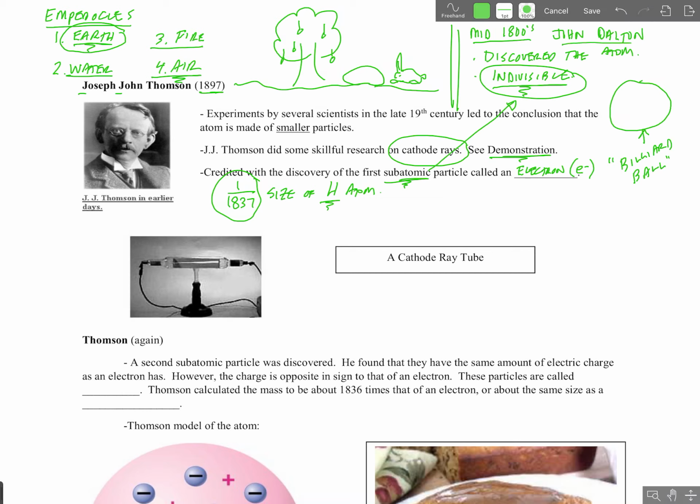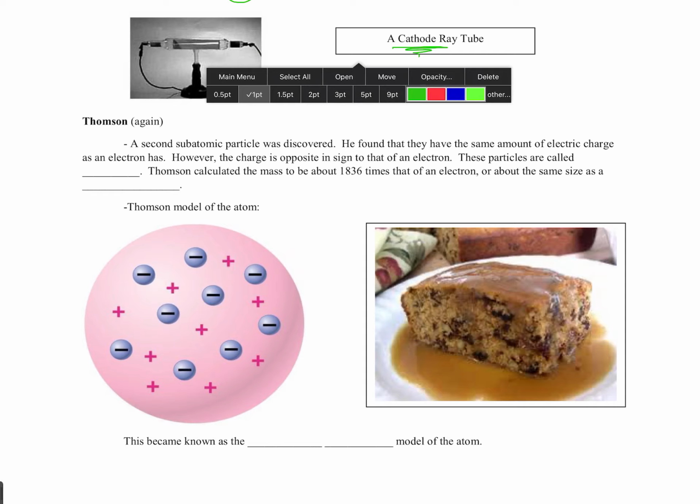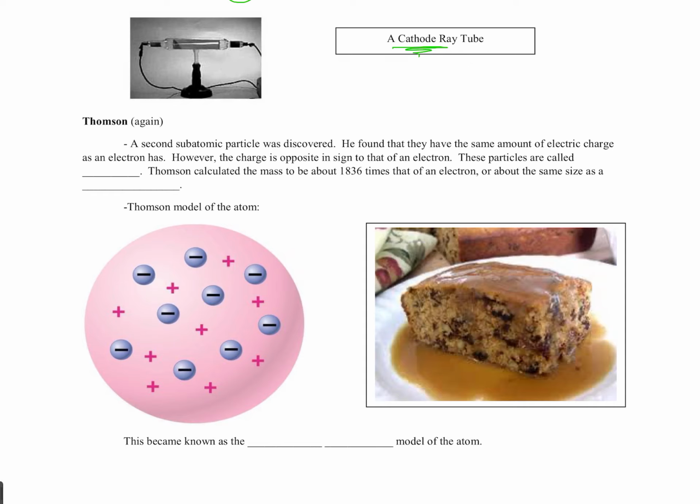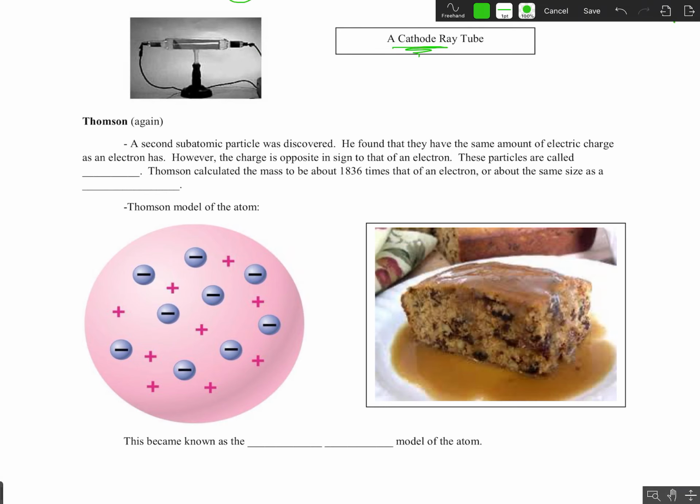So John Dalton's model of the atom was not completely correct. The atom did exist, but it was composed of smaller subatomic particles. Thomson discovered the first, and it was an electron, and he used a cathode ray to prove the existence of subatomic particles. Now, Thomson, as soon as he discovered the existence of an electron, also thought to himself that there must be